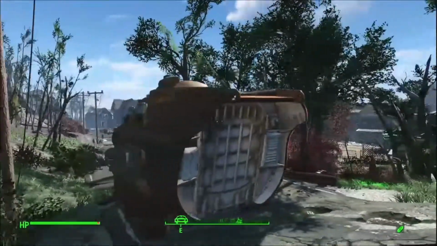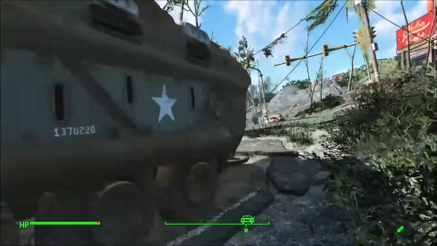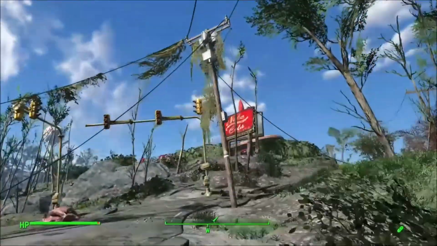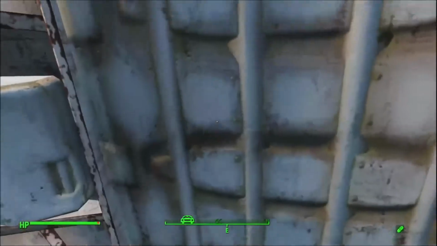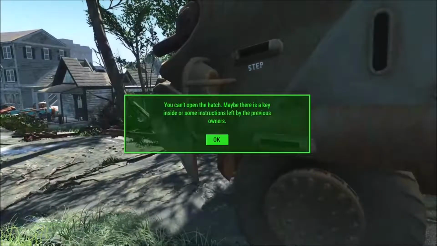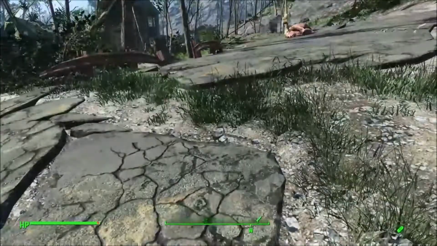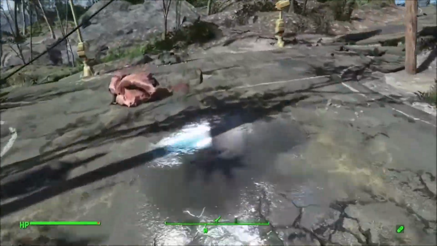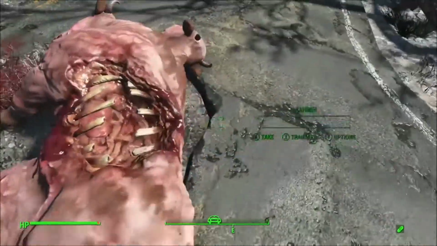Alright, y'all, so here we are at the APC. You can get in to drive it, and like I said, the location is right near the red rocket, kind of on your way into Concord. However, you're not going to be able to use it right away. I could be like, oh, I can't open the hatch. Maybe there's a key inside or some instructions left by the previous owners. Well, the key is not actually inside. So, if we wanted, the key is, I understand, going to be near the dead Brahmin here. Not on the Brahmin, but